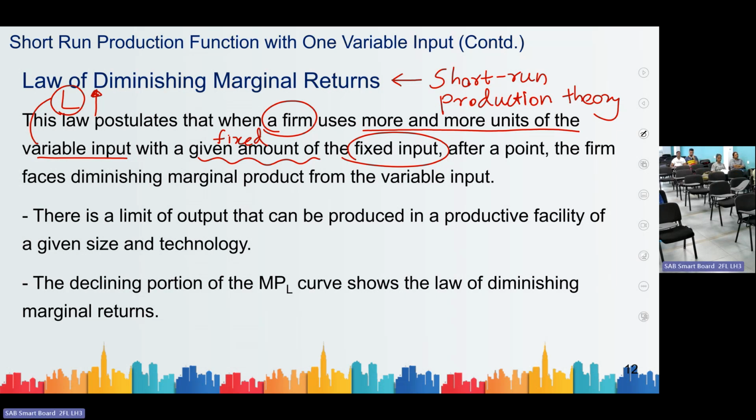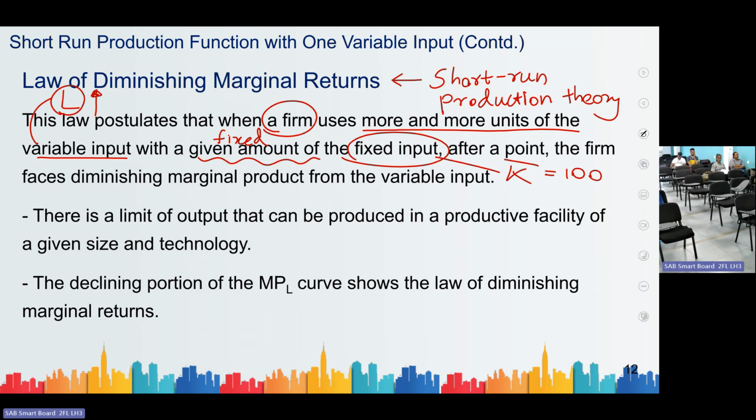Labor input is increasing, but the unit of fixed input, which is capital, remains unchanged. It remains at the same level. For example, let's say the firm is utilizing 100 units of capital. It never increases or decreases. So when a firm increases its variable input with a given level of fixed input,